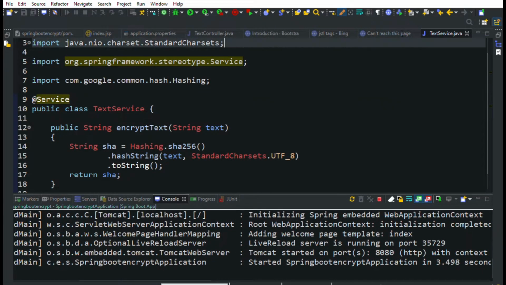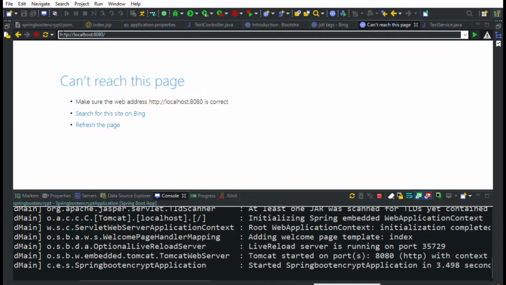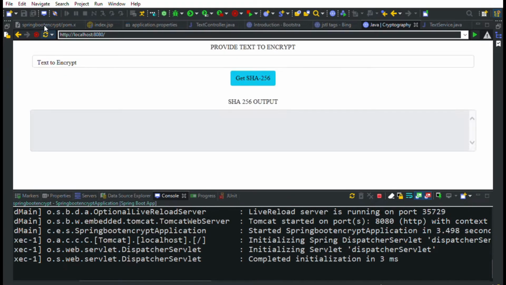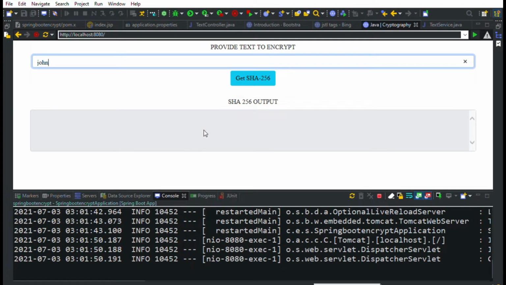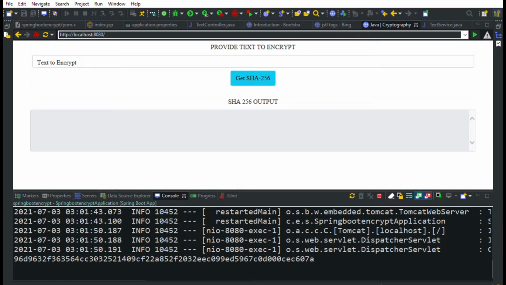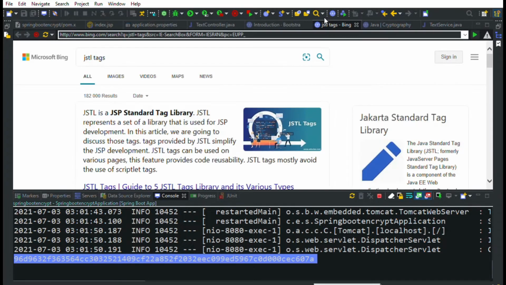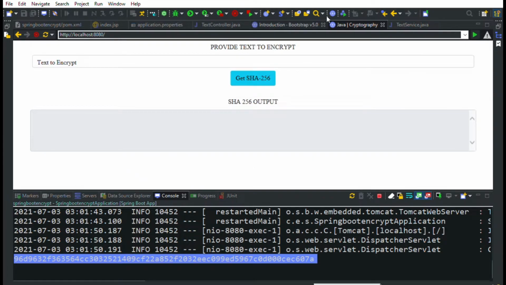Tomcat has started. Let's test. So let's provide John again. So on the console, we need to see the SHA-256 of John. So as you can see, here is the SHA-256 of John on the console output. So let's go back